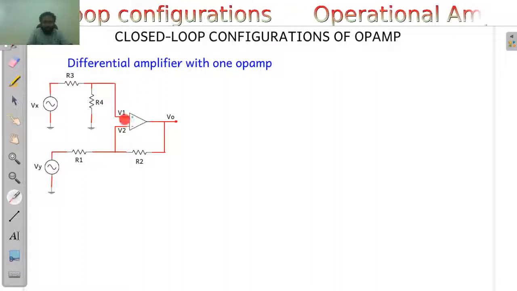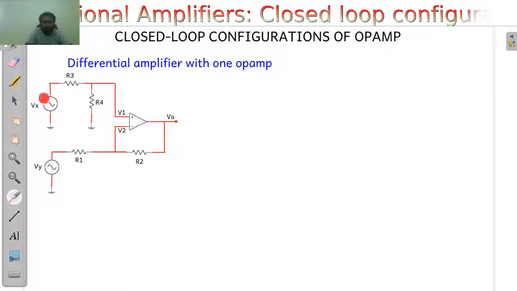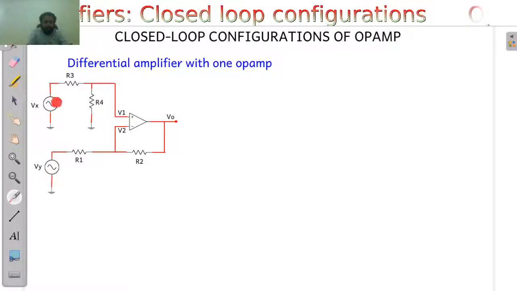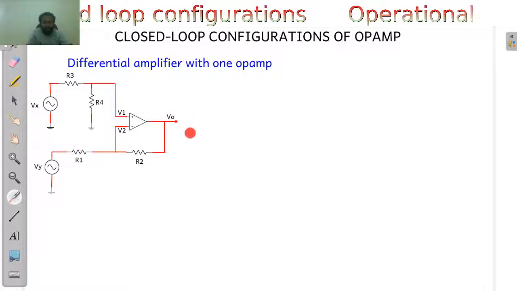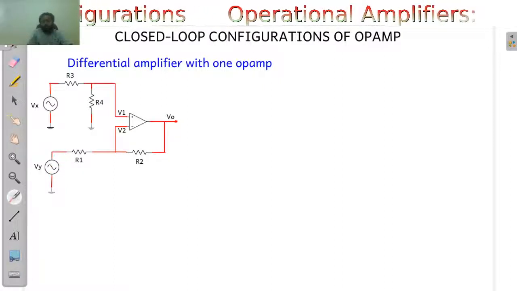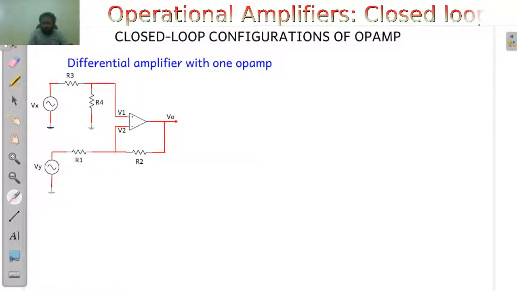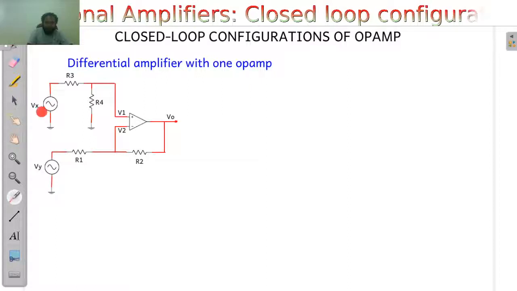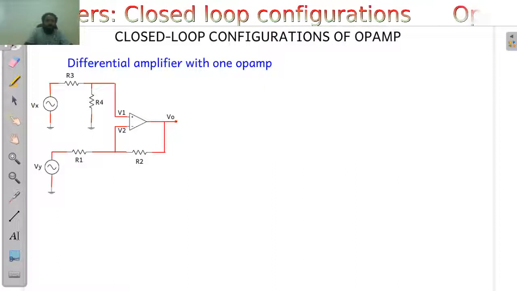The output will be the superposition of the individual outputs generated by each of these voltage sources. Vy will generate an output and Vx will generate another output. So the effective output will be the algebraic sum of the outputs generated by these two sources. To find that, we will apply the principle of superposition, where we keep one voltage source equal to 0 or ground potential. So I can first ground this Vy and analyze what is happening due to this Vx source. What is the output due to the Vx source? Let me write that down.